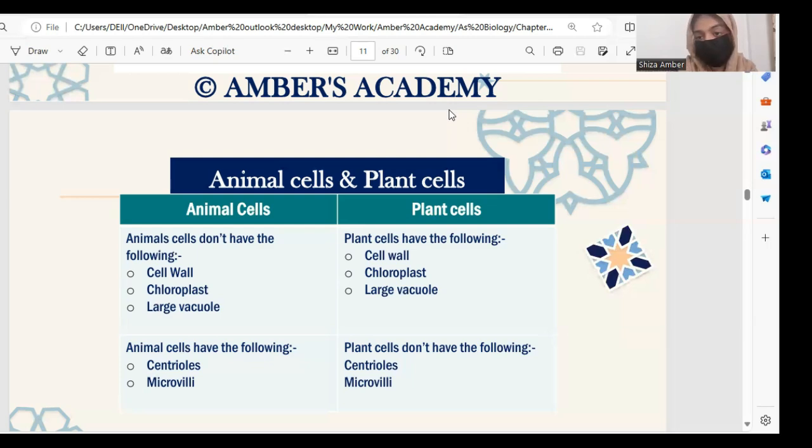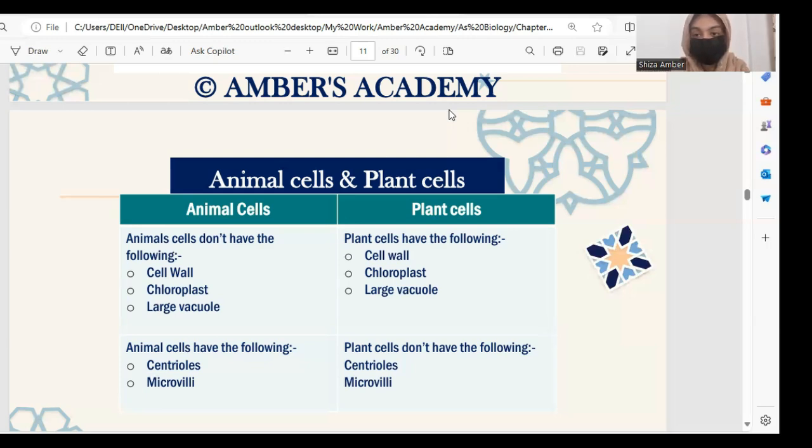So, this is what we discussed briefly yesterday about prokaryotic cell and eukaryotic cell. Then we also talked about ribosomes, right? We did not delve into the concept of ribosomes. We just discussed the differences between the two of them. So we have two types of ribosomes. One of them is